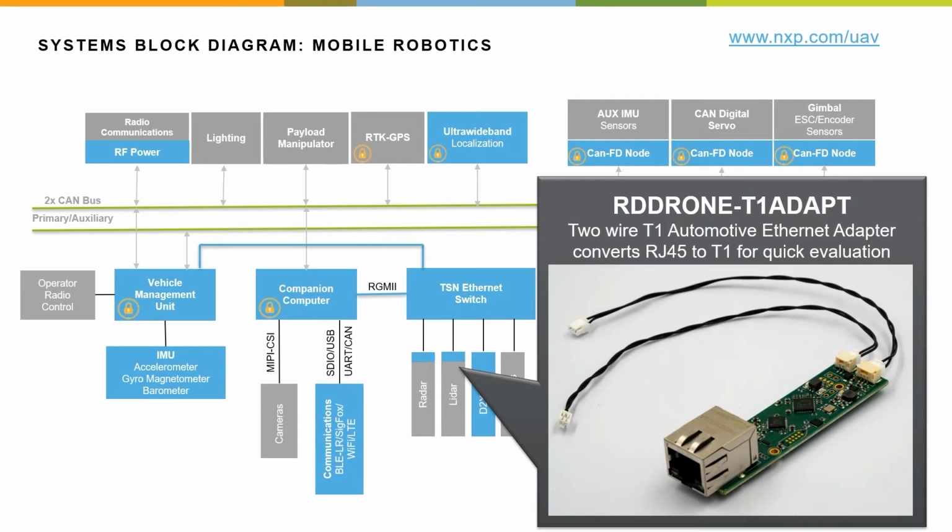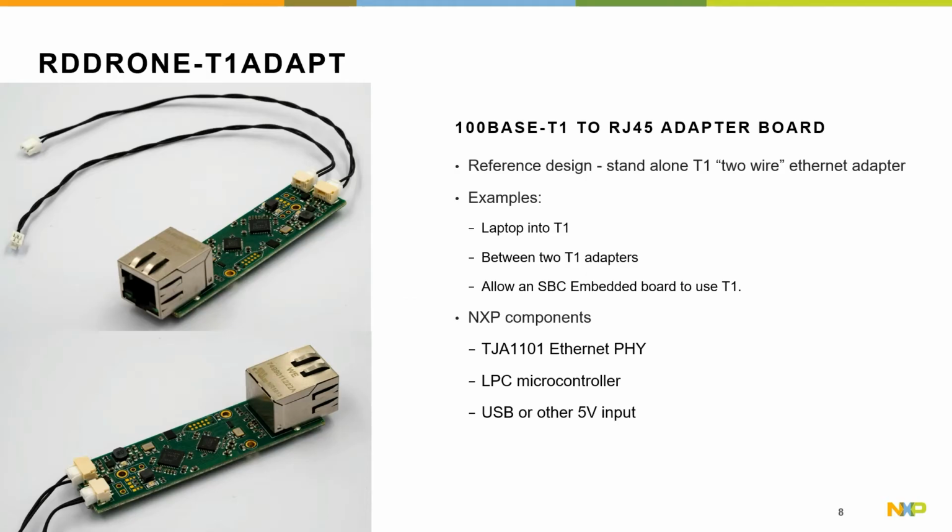One of the new pieces we prepared in order to support automotive Ethernet is a T1 adapter. So this is a small dongle-like board. It is a quick evaluation board. The files are all available if you wanted to make them yourself, but the intention was to allow things that had a traditional large RJ45 connector to mate in with a small T1 2-wire twisted pair